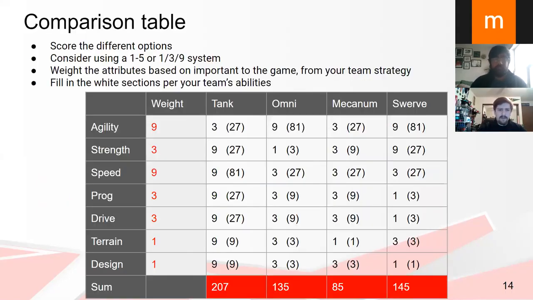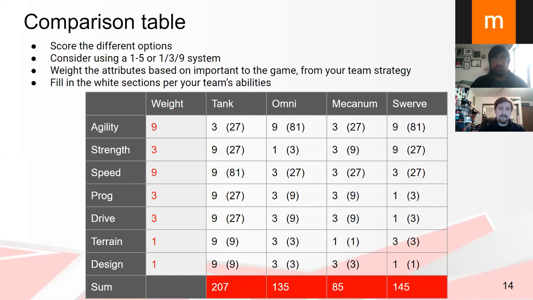So how this table is used is you list down all of the criteria that are important to your team in your drivetrain. Here it's agility, strength, speed, programming, drive terrain, and design. And then you weight each one of those things based on whatever scale you want. The scale here is 1 through 9. You can also use 1 through 5, 1 through 10. Doesn't matter, it's whatever you choose. And then